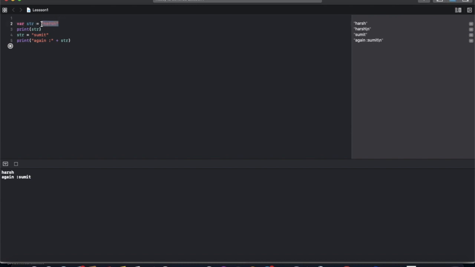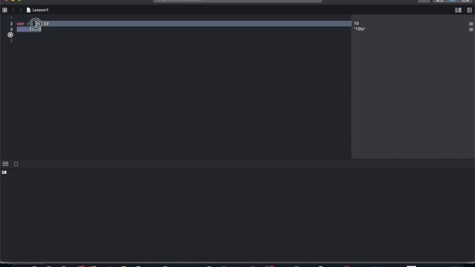Now if we change it to an int, an integer value, it has int. So basically it knows by itself what type of data it has. But if we need to tell the compiler what type of data we need to store in the variable, we use type annotation.